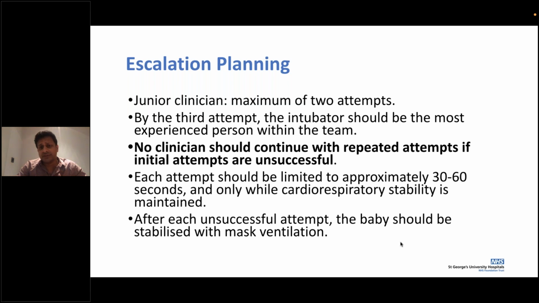Quite often it's the heart rate which drops first, and then your saturation also drops, or sometimes it can happen simultaneously. But having that rough feel of when to come out and go back to bagging the baby, these are all important skills that you will hone with experience, and with each experience it will only get better and better as we progress.